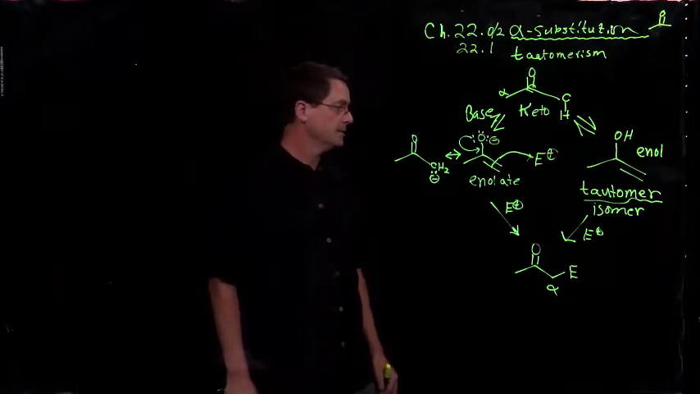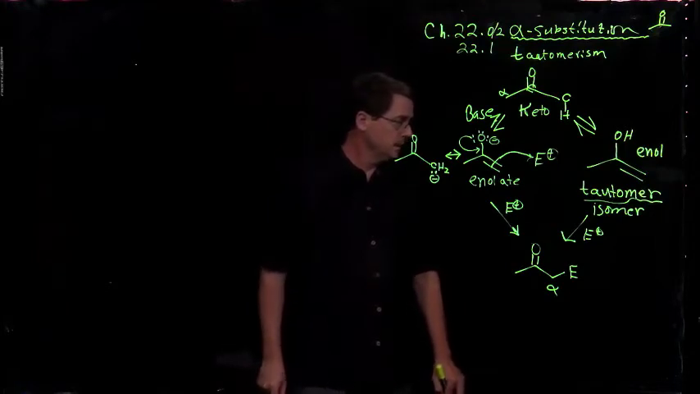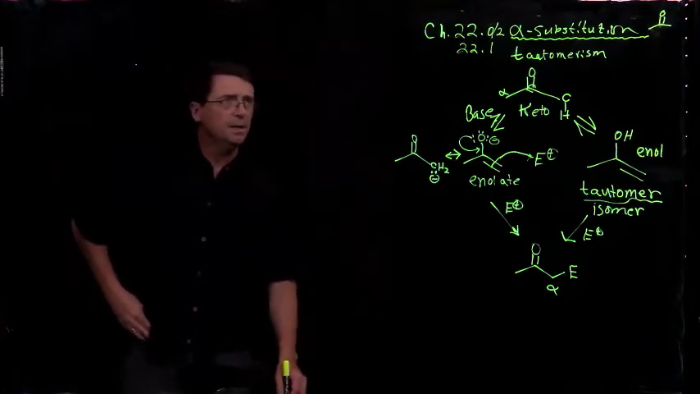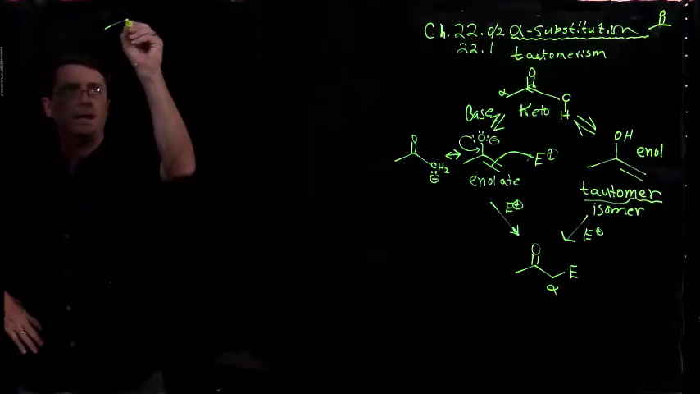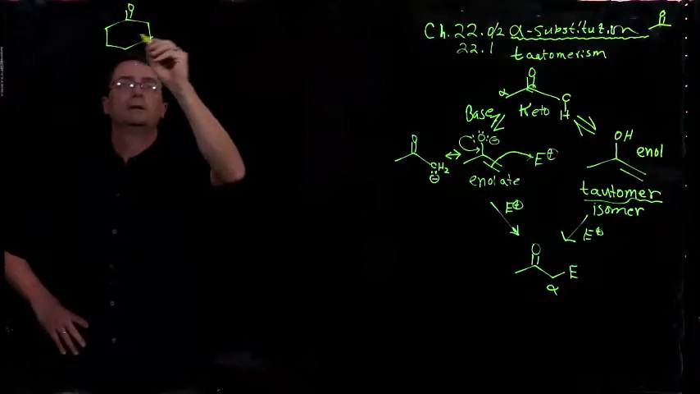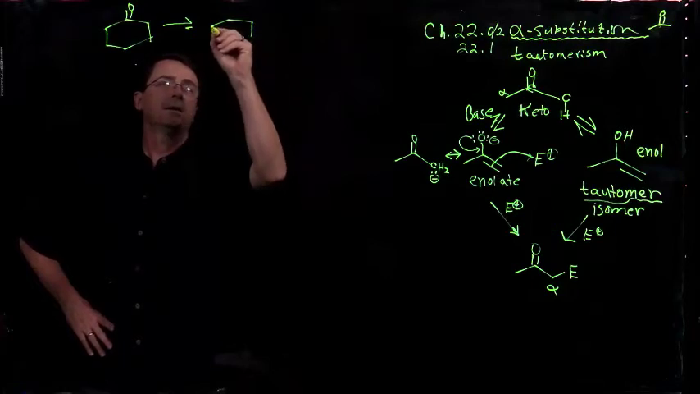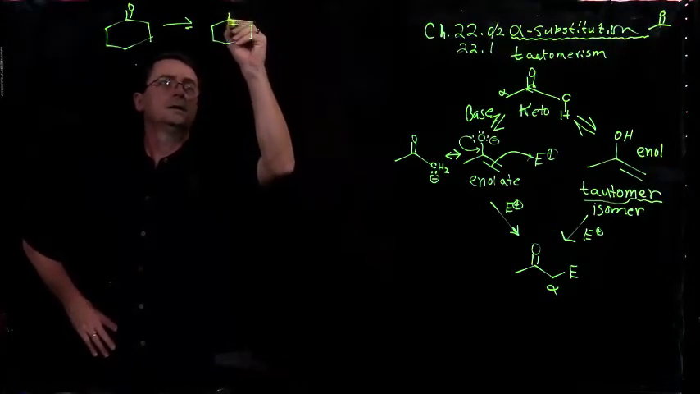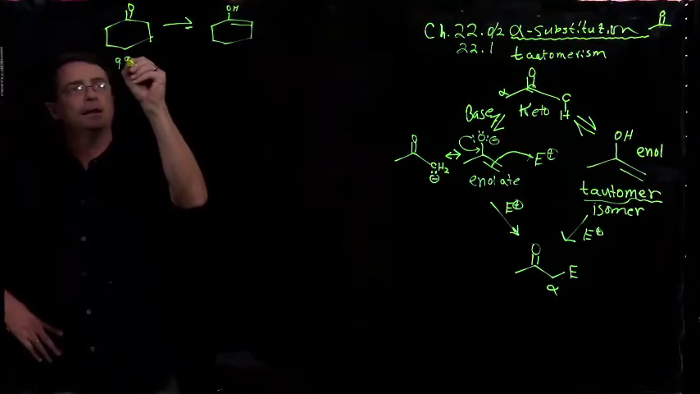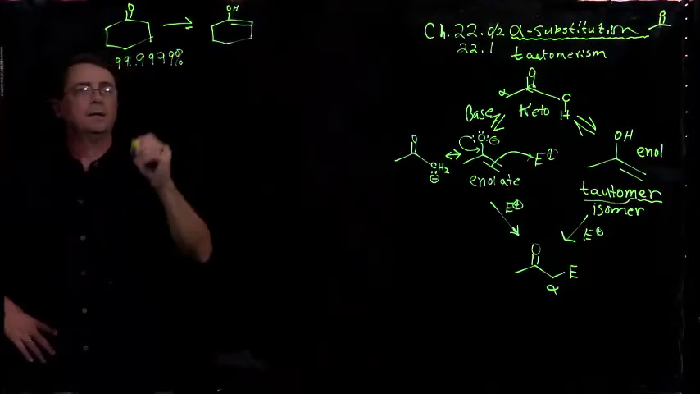All right, so that's the fundamentals of tautomerism and an overview of what we're going to learn about in this chapter. Now let's look a little bit more in depth at tautomerism. If we look at some simple compounds, cyclohexanone is in equilibrium with its enol form, but there's not a lot of it, right? It's 99.9999% keto